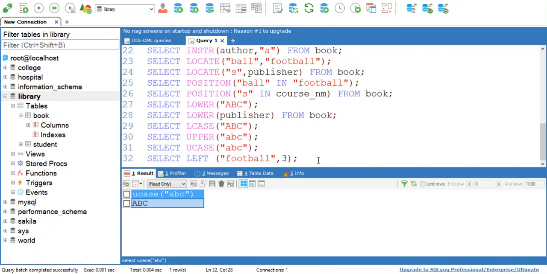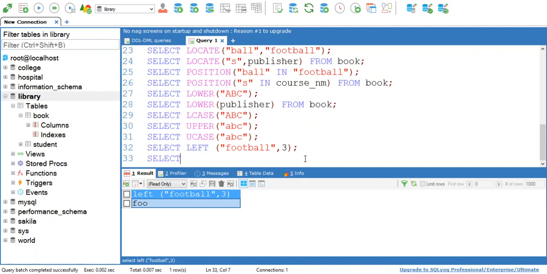First is a string and second is the number of characters we want to display. When you execute this query, see at the output you will see FOO. It means display the first 3 characters, display 3 characters from the left side.